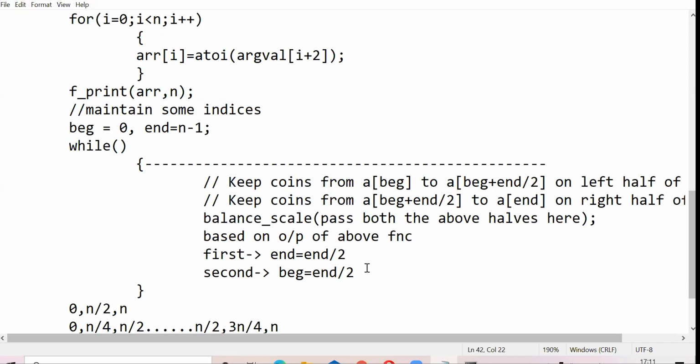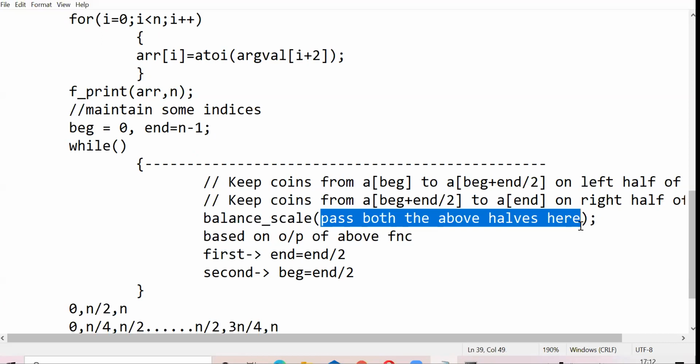I think this is how your base code for your while loop, or if you are using a for loop, will look like. Any doubt here? So you need to think about how you pass both of these above halves here.